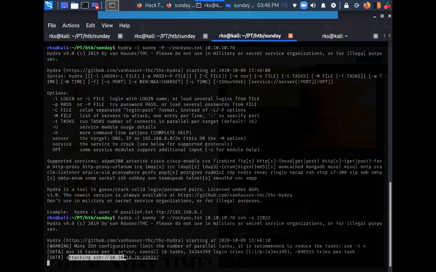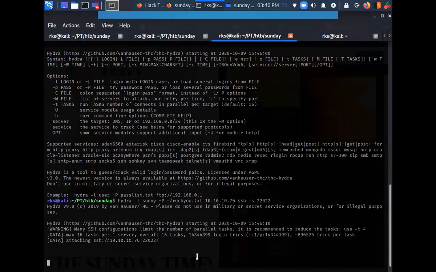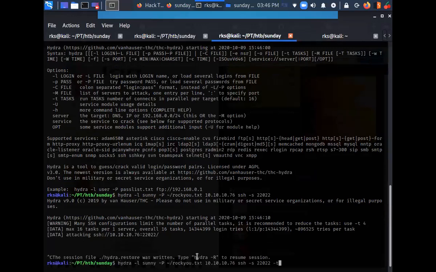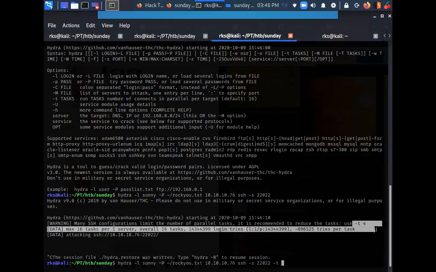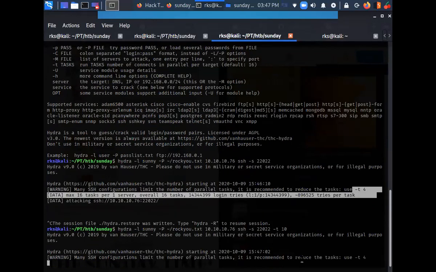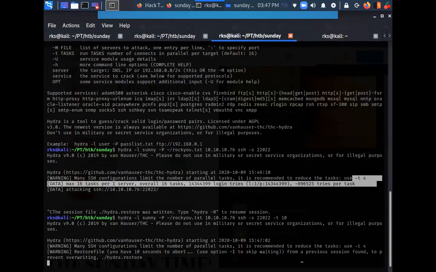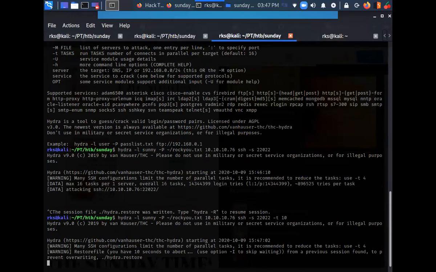It says attacking SSH on this port. Let's try to increase the threads.